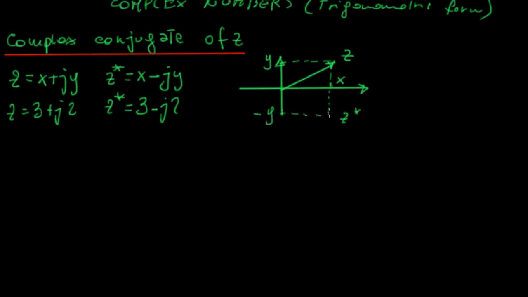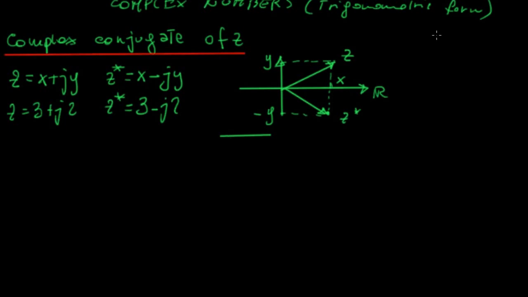So we will find that the vector representing z star is simply obtained by flipping z over the real axis. So this is okay. So we have introduced this complex conjugate. So now we can start